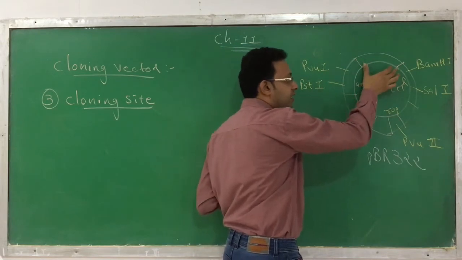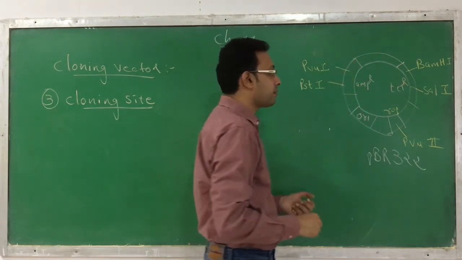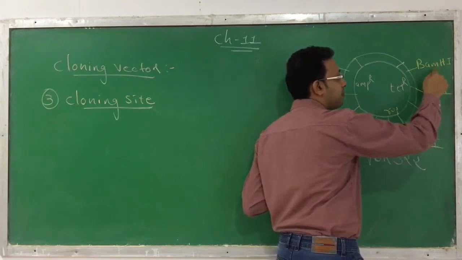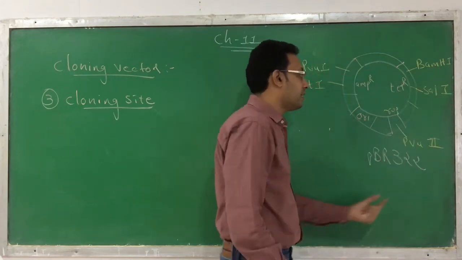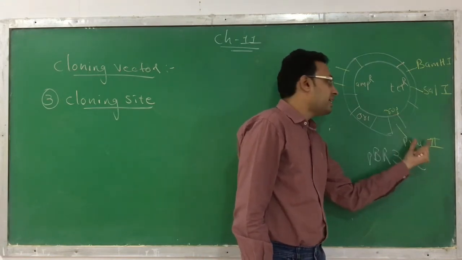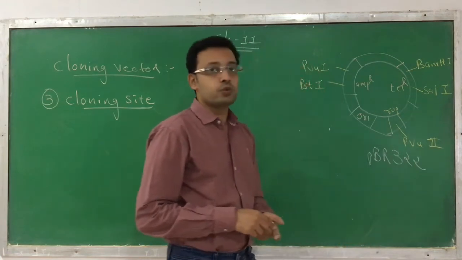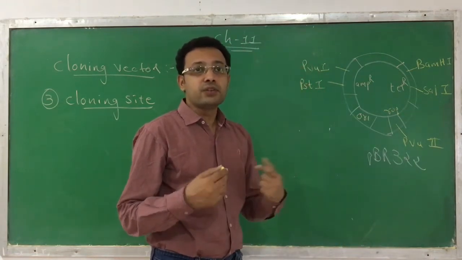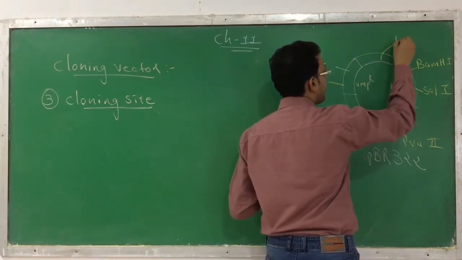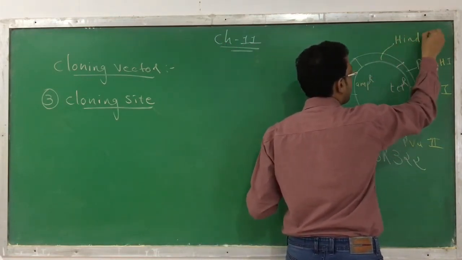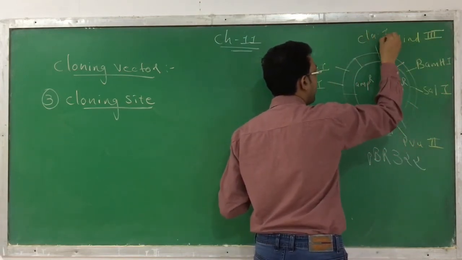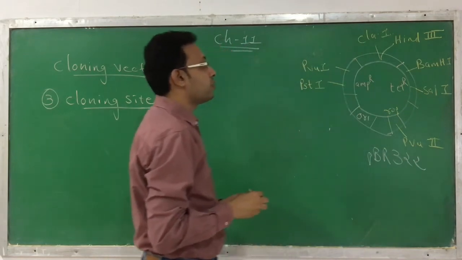Then there are again cloning sites, but that we will discuss later. Then the tetracycline resistance gene contains 2 cloning sites, BAMH1 and SAL1. Then again a blank. Then there is another one called ROP that contains one more cloning site called PBU2. So these are the few things which are present over here. Now this one also contains cloning sites. Which cloning sites are present? It contains HIND3. It also contains CLAY1. These are the sites which are present over here.